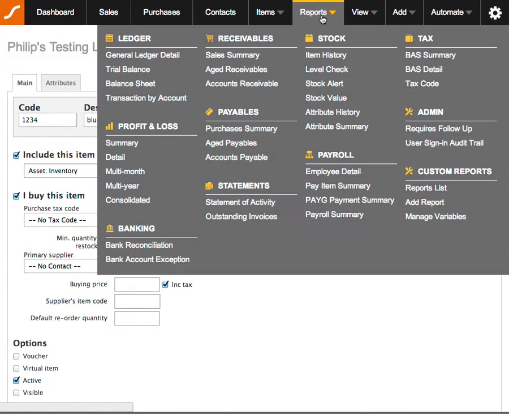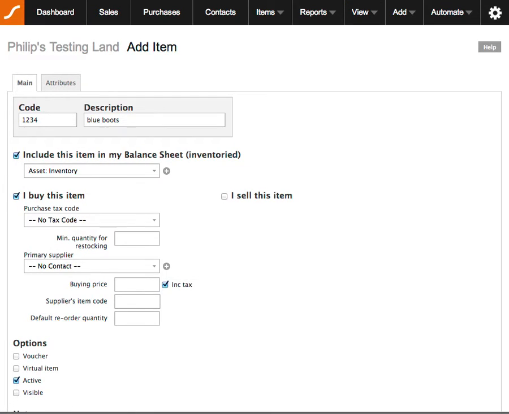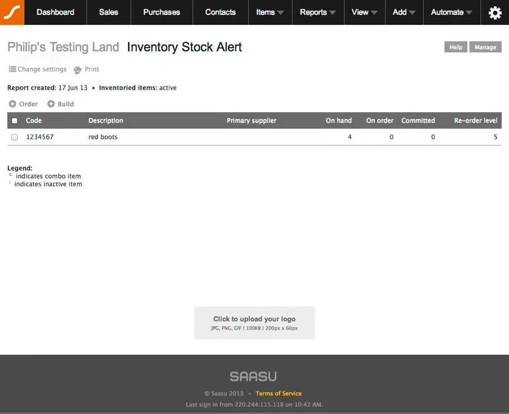If you click reports at the top of the page and then click on stock alert, which I've opened in a new tab, it will run the inventory stock alert report. I previously entered in an amount for red boots, and I selected 5 as the minimum reorder level, which is highlighted here. And you can see that I currently have 4 on hand, which is why this item is showing up in this report. So if we click on the box to select the item and then click on order,